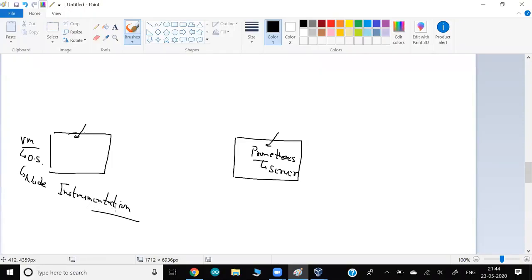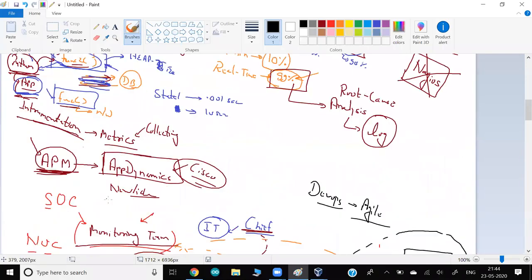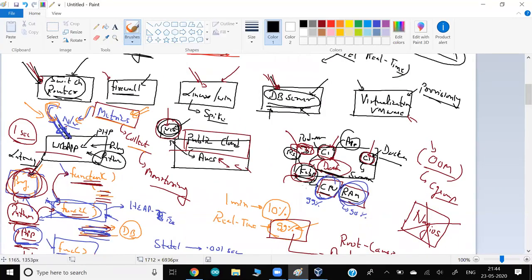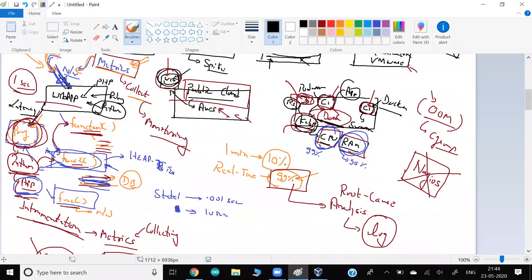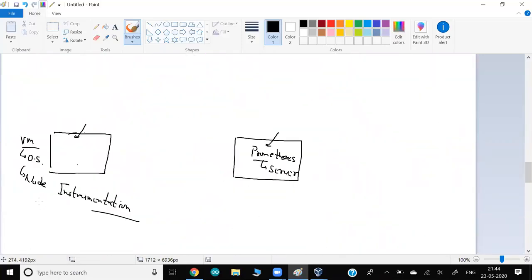Or do you want to monitor only the database, only Docker, or only this function? What you would like to instrument, whatever you would like to monitor, that is known as the target.